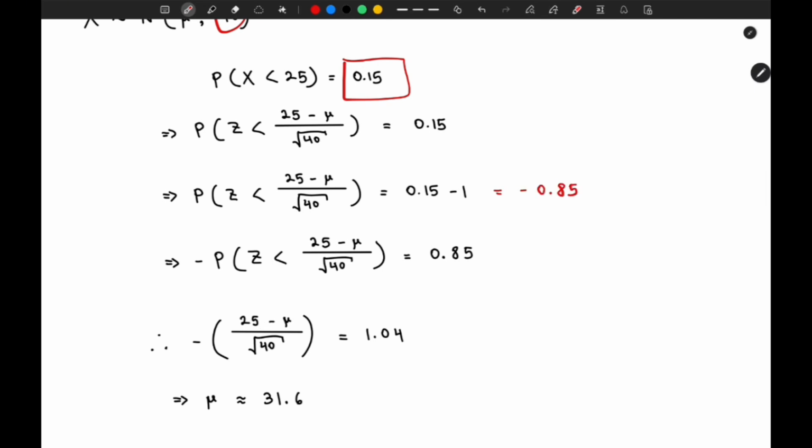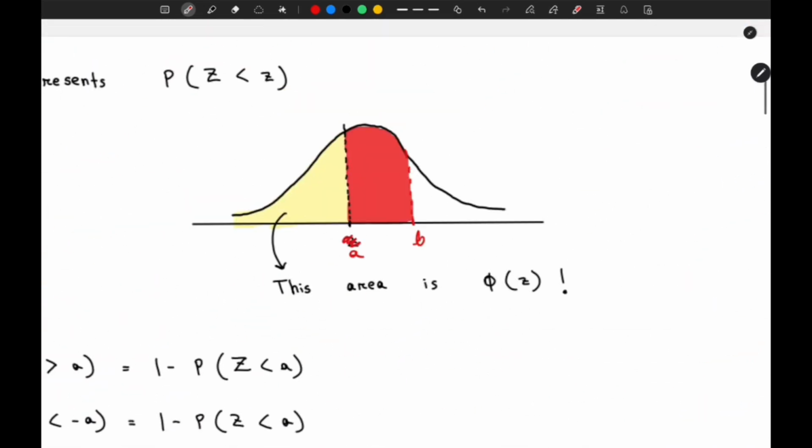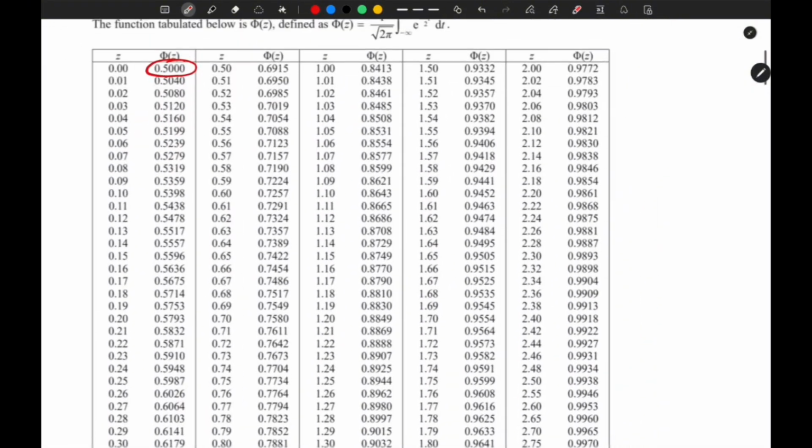Then, since there are no negative values of probability, you need to take this negative sign to the left hand side of the equation. So now it's a positive value. Now when the probability is 0.85, we need to find out the value of z, so looking at the statistical table,